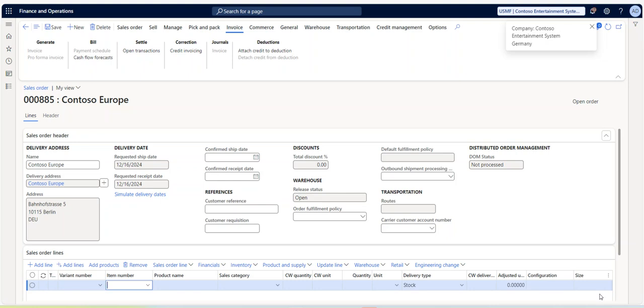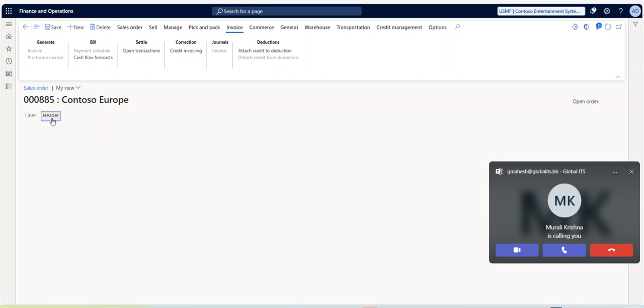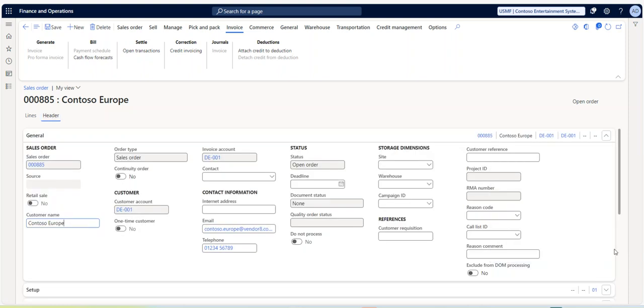now you can see sales order has been generated. In the sales order also we have two different views. If you see here, overview, we have a lines view and we have a header view. This is the same view we have in the purchase order level. In purchase order also we have two different views, one is the lines, another one is the header. So the header view, what it will do, it will show our